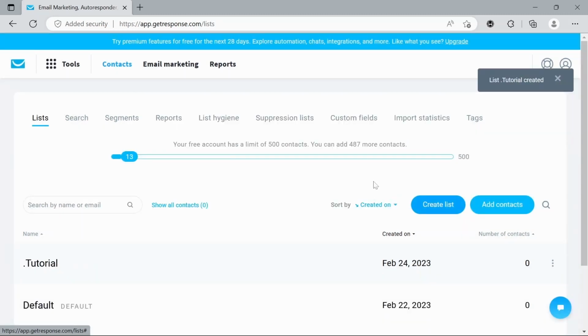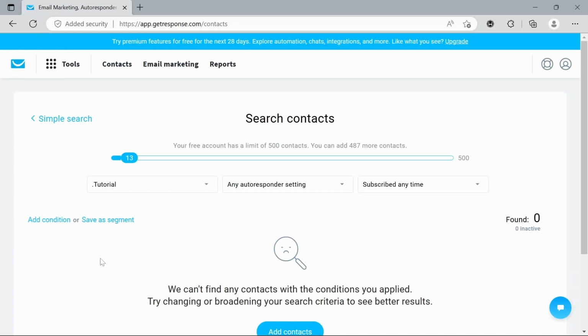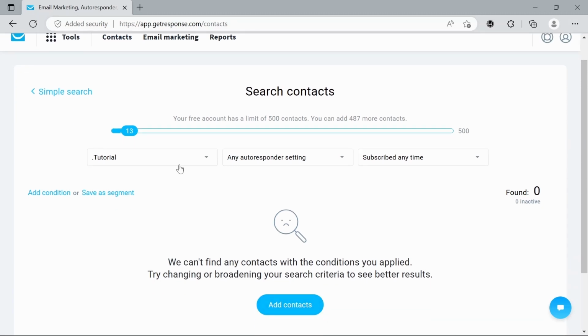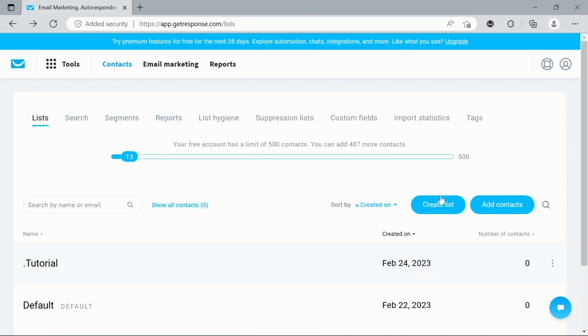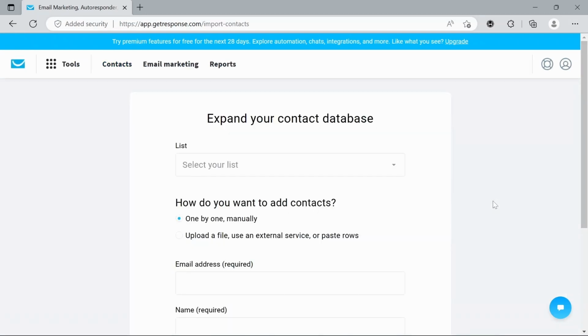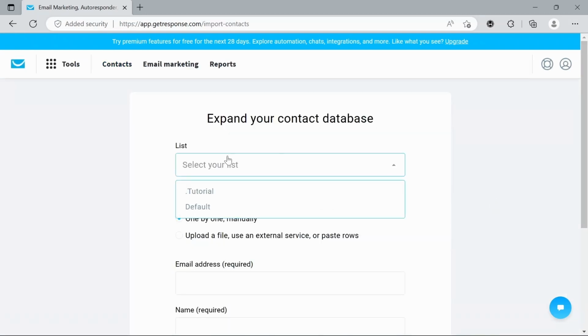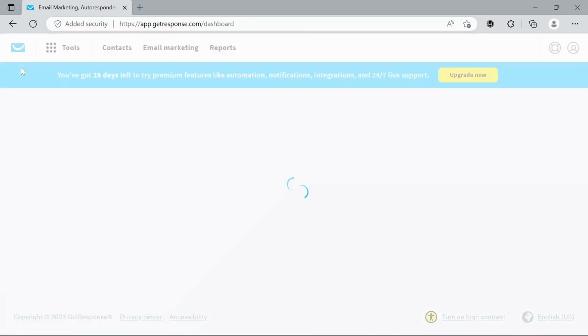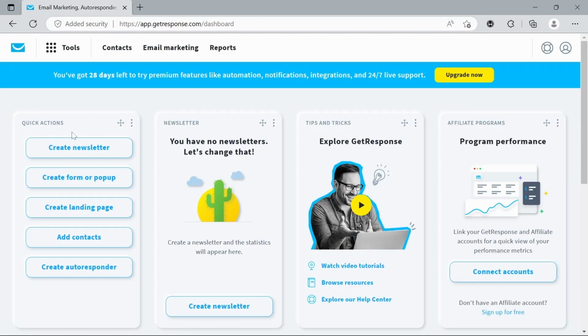And create. Now, once we have our list, we need to actually add some contacts to it. So to do that, we can either just click on the list, which then brings us to this page where we can then add contacts. Or we can, on this page, just go to Add Contacts here, and then select from this drop-down list all the lists we've created. And then we can add our contacts to our list here. But I'm just going to leave that and move on to, so assuming we've created our contact list now,